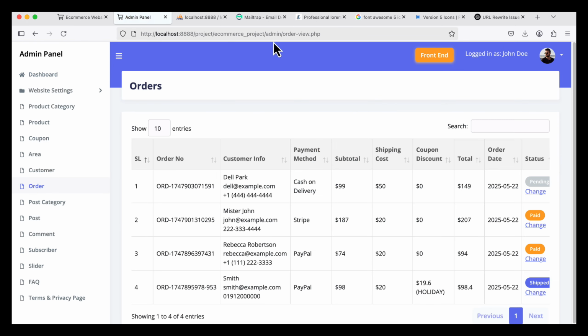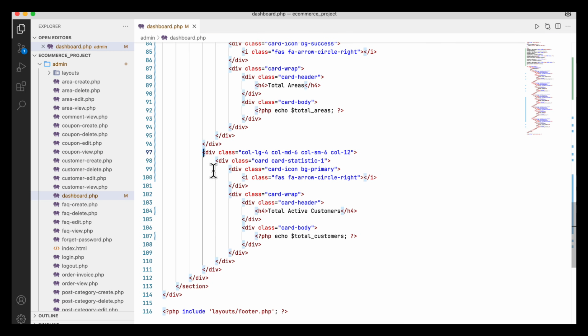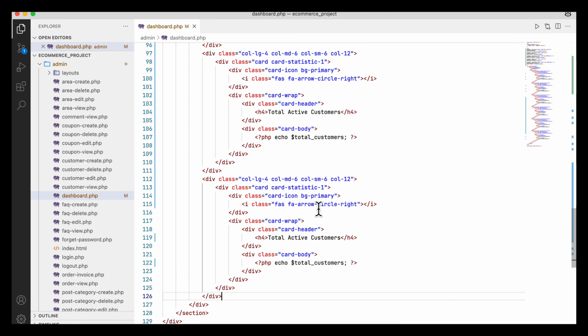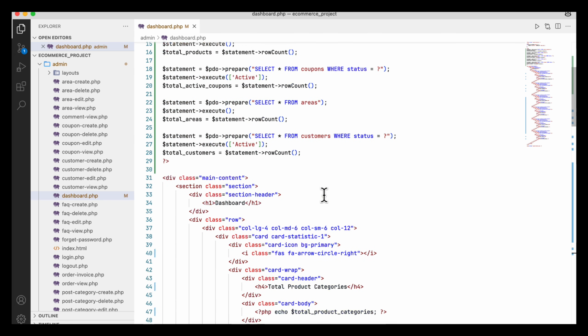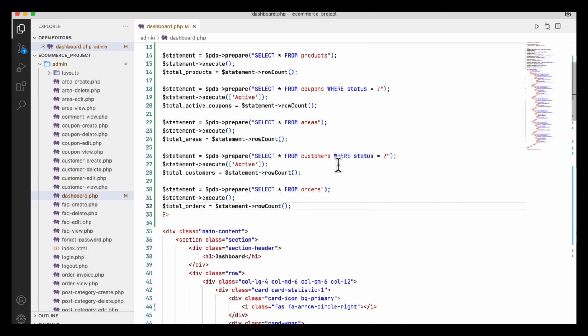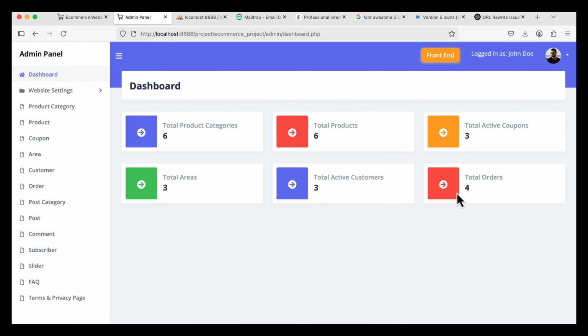and then orders. So total active orders, or here you can show the orders in total. So total orders, so I can show that total orders it will be as a danger, that is busy danger, and total orders, so like this, and here total orders, and here you will have to write the order table data. So from orders execute, and total orders equal to row count. So if I refresh, you see total 4 orders are here,